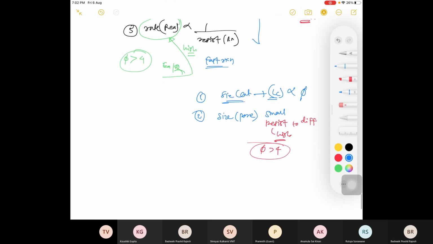That's all. I think this would be a bit difficult to understand because there are lots of terms here. But as you revise it continuously, it will be easier for you to solve these questions.